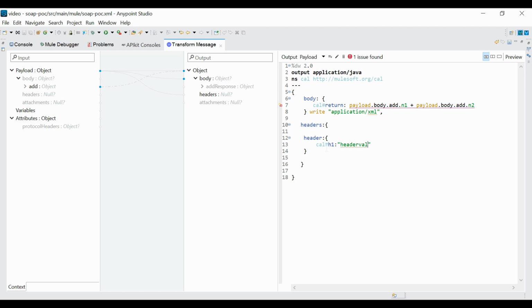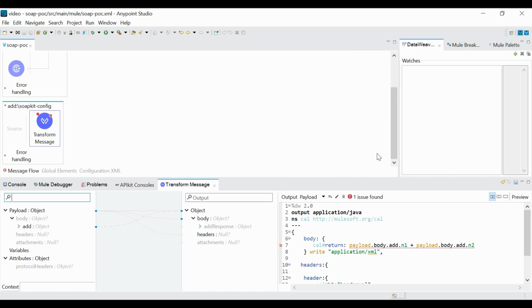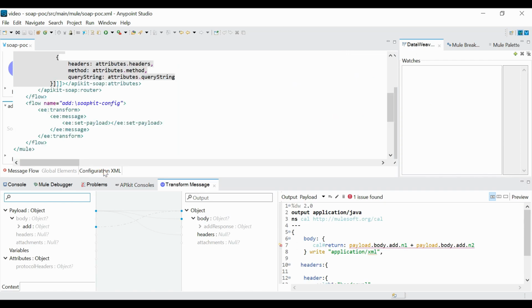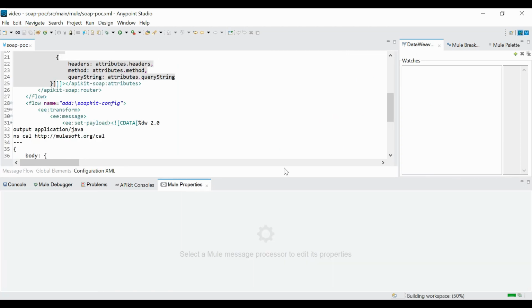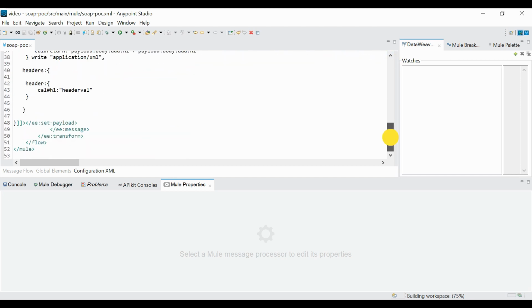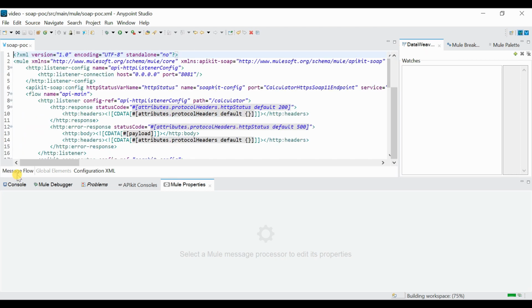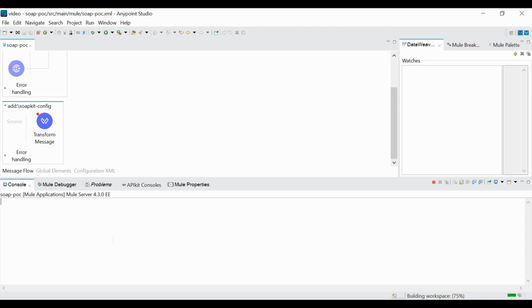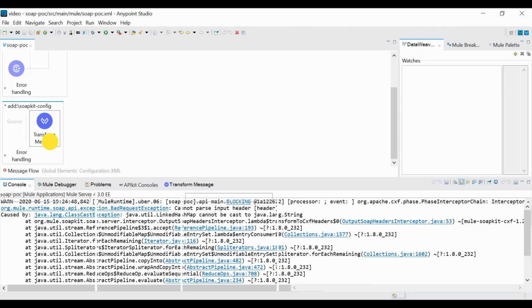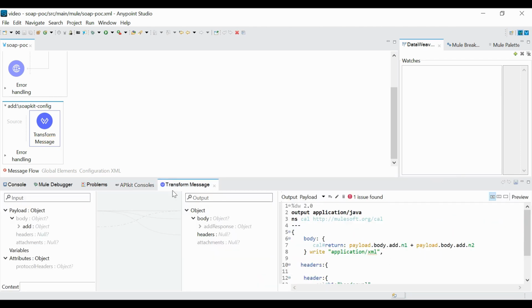Okay, so let's see. Somehow it is giving me an error here. Let me see in the configuration if it is just a UI error. I just redeployed my application. It is giving me some error. Let me see what is wrong I have done.